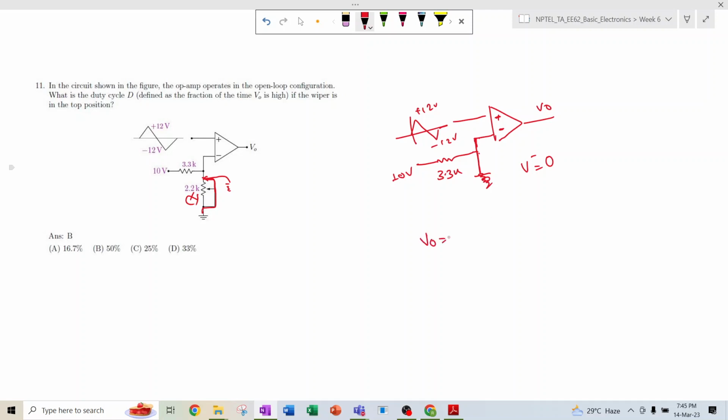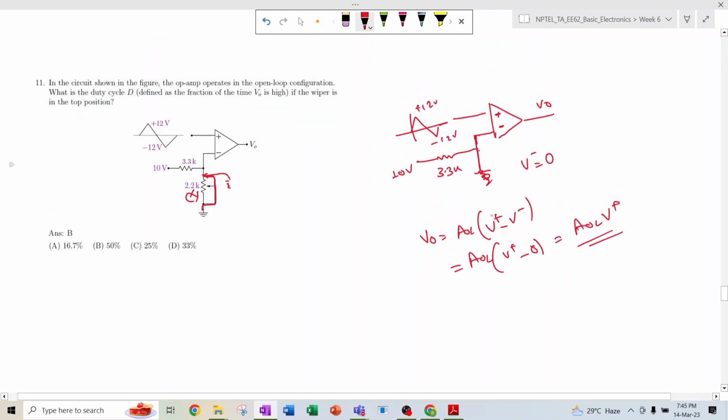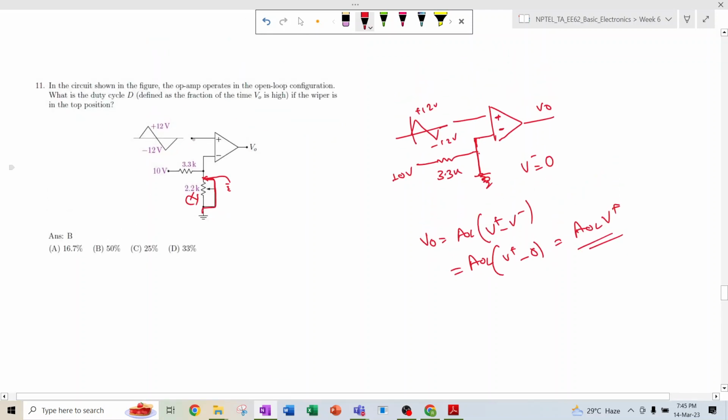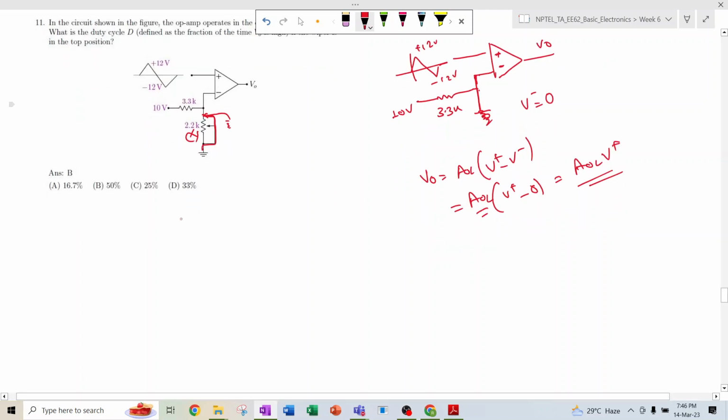The output of this, as I have already discussed for the open loop configuration, will be AOL into V plus minus V minus. V plus is this 12 volt sinusoidal signal, so V plus minus 0 means AOL into V plus. So whatever voltage is applied at the input terminal will be multiplied by some amount, the open loop gain, and that will appear at the output terminal, right? So the output VO will be